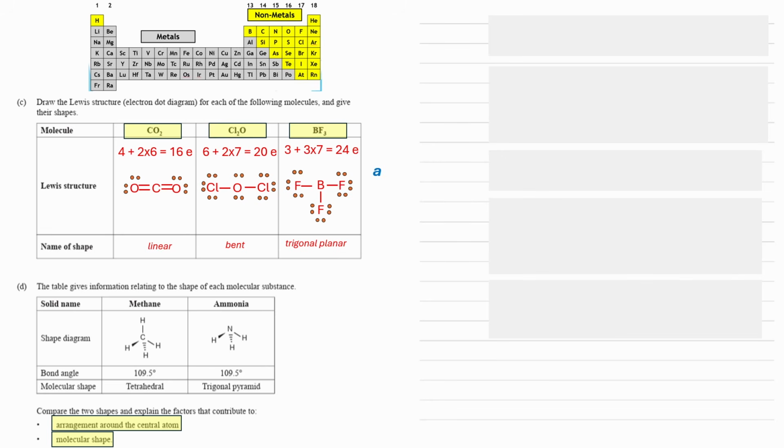And that's the way that it goes. So let's see if we can answer the next question. I mean, sometimes they give you a merit if you do all of this correctly, but they didn't this year. So we go down to the next table, next part, and it says the table gives information related to the